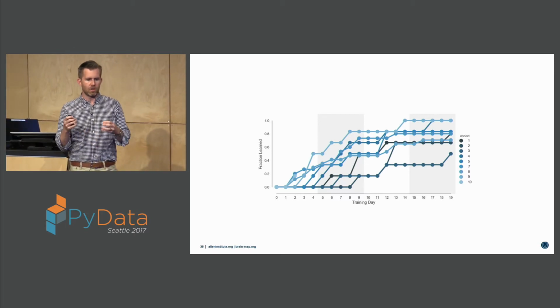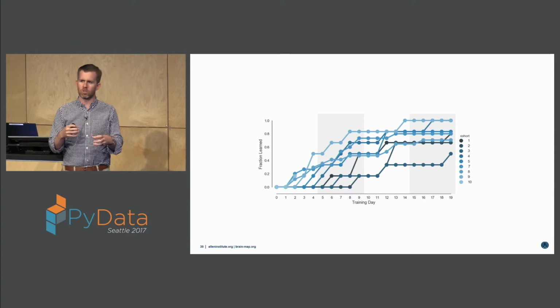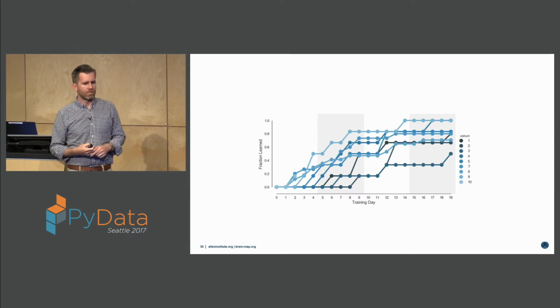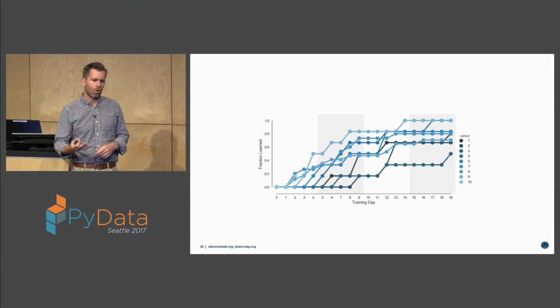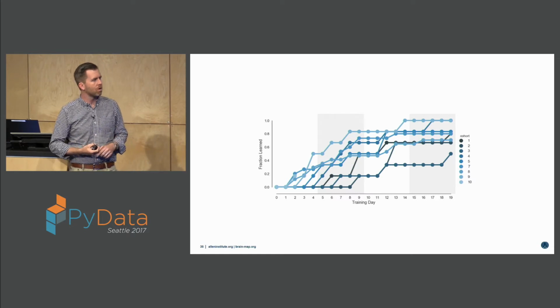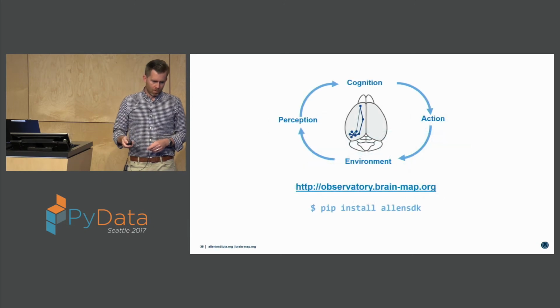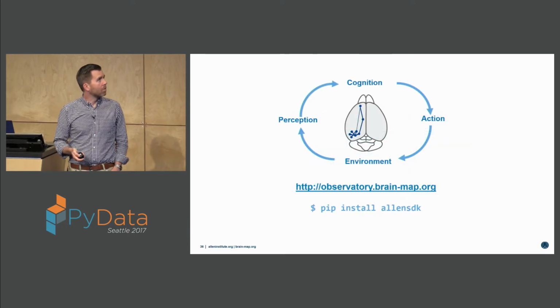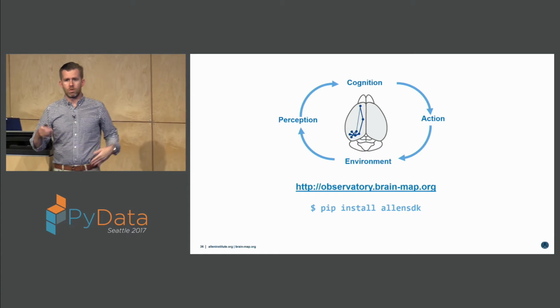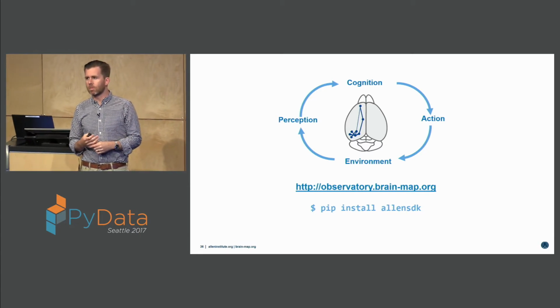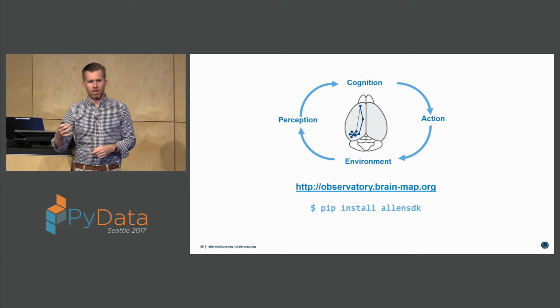Each color here is a different cohort of animals that all had similar training parameters, going from the darkest being our oldest cohort to the lightest being our most recent cohorts. And so over this time, we've basically been able to increase our throughput and decrease our training time, which ultimately will get us ready to be able to deploy this into our full data generation pipeline, and hopefully